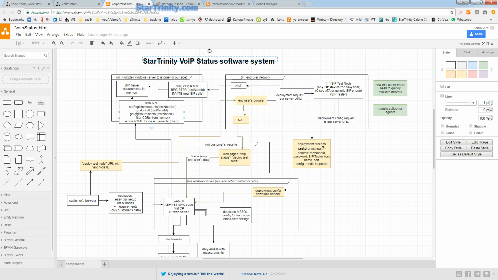Okay, so on the screen you can see the components of the system. There will be multiple SIP test nodes, and they will send real SIP calls to a server which is located in your data center. The server will be based on SIP tester,